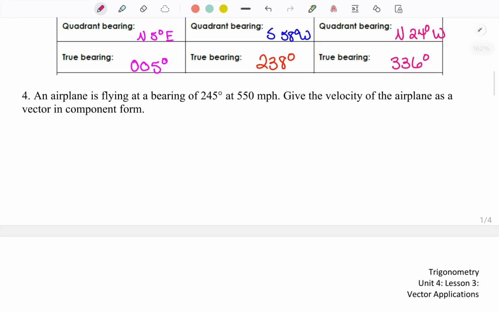So let's look at some word problems. We have an airplane flying at a bearing of 245 degrees. Since that doesn't have anything on it, we are going to assume it's a true bearing, at 550 miles per hour. We're going to give the velocity of the airplane as a vector in component form. Since we have our angle and essentially our magnitude,